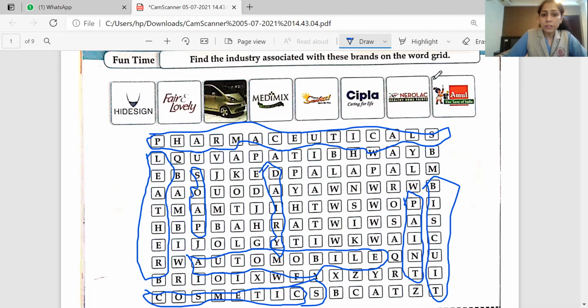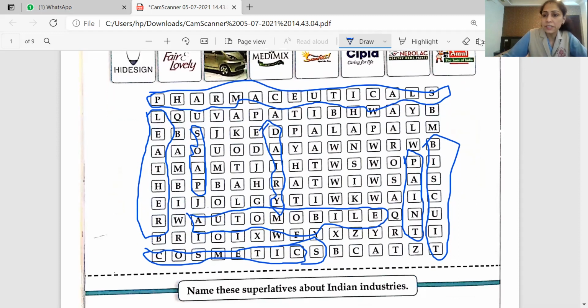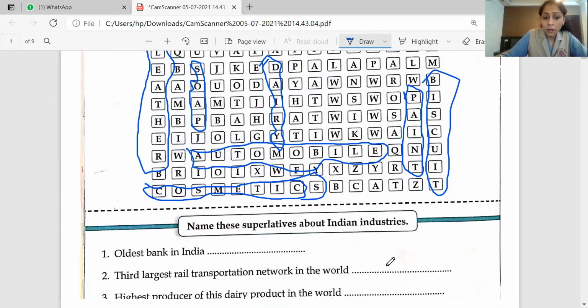Okay. So this is all my set for this crossword, and I hope all these brands you have come across in this exercise you're clear with. Fine, and I've explained to you also. Now,